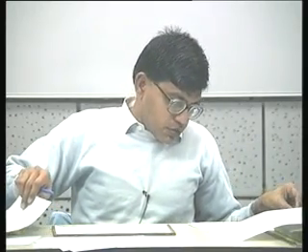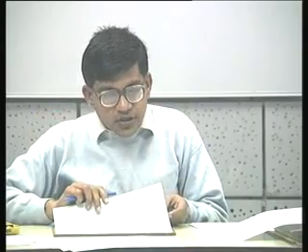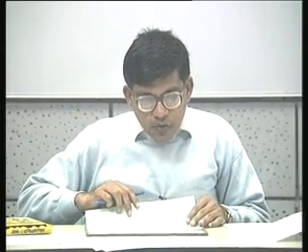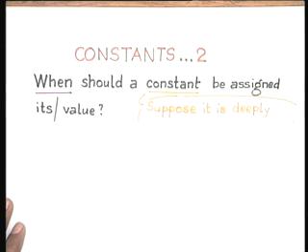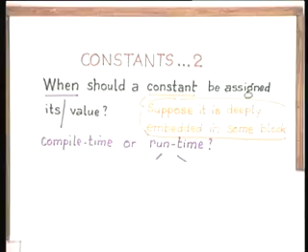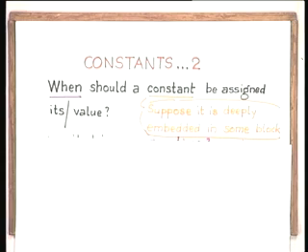So then the next question, which this question of large structured constants automatically raises, is when really should a constant be assigned its value, right? So, at compile time or run time. Now supposing you assign it at compile time, and you can assume for practical purposes that you have to consider also extreme cases. So supposing that constant is embedded in a block that is very deeply nested in the program. So then the question is, this decision